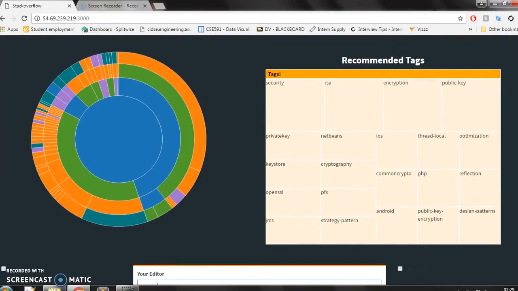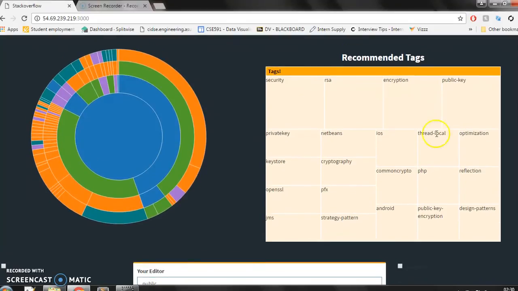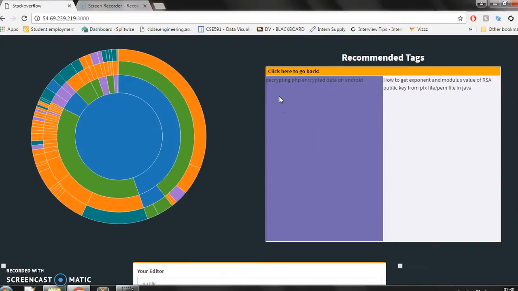So these are all the list of tags which have been displayed here, and inside these tags are questions and answers which have been answered on discussion forums. So the user will now be able to check all the questions and answers which have been asked related to what code he has typed so far. So now let's just say I want to explore the security tag. I just go inside the security tag, and now these are the two questions that have been asked on discussion forums or on Stack Overflow.